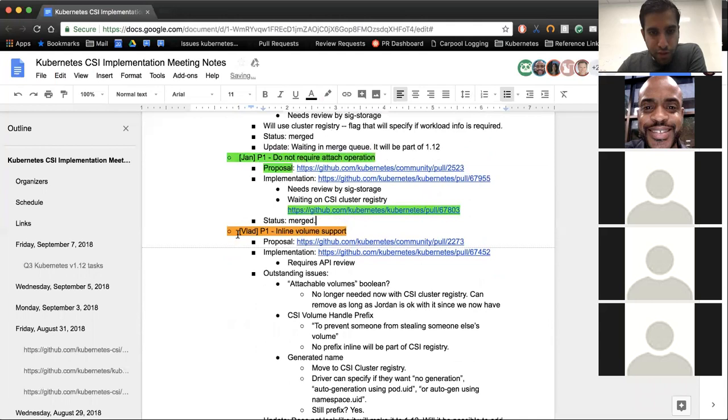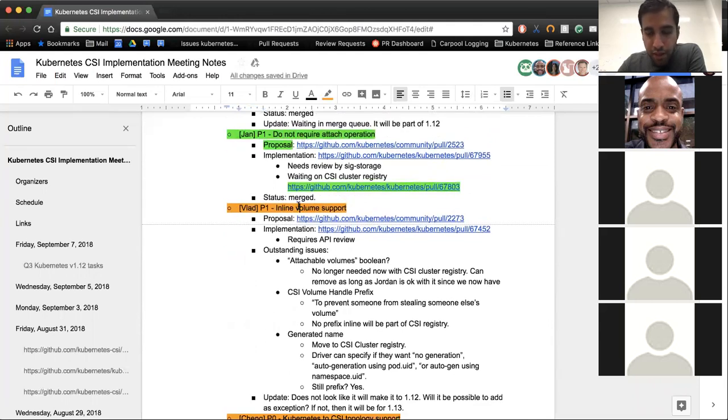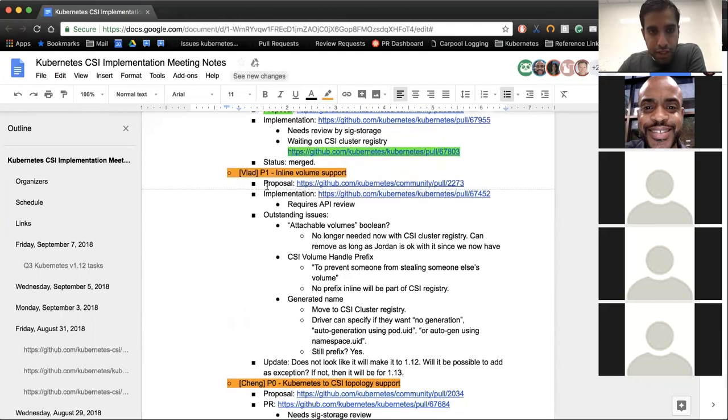Inline volume support, there was a valiant effort from Vlad to get this in over the last few days. And we talked about potentially doing an exception for it. Vlad, do you want to talk about that? Yeah, I checked with Tim, and apparently at the end of the day, it comes down to the SIG lead whether or not to push for an exception, and the fact that whatever the changes are, it will not affect anything else.